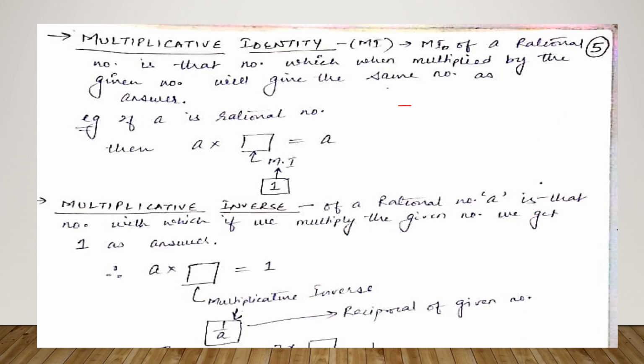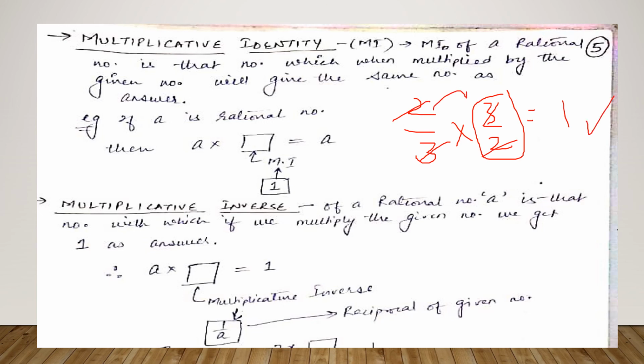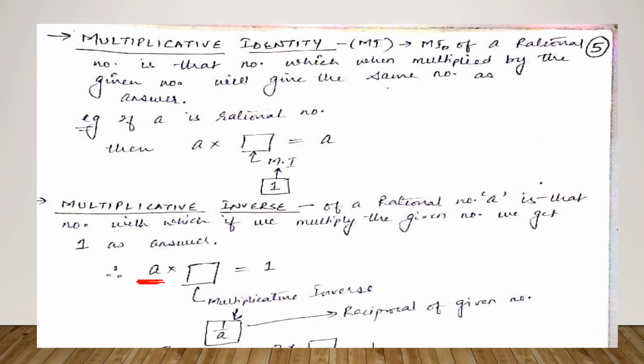Similarly, if I ask you what is the multiplicative inverse of 5, you will say it is 1 upon 5. If I ask the multiplicative inverse of 1 upon 3, you will say it is 3. If I ask the multiplicative inverse of 2 upon 3, you will say, sir, it will be 3 upon 2. Why 3 upon 2? Because 3 ones are 3, 2 ones are 2, and we have got the answer as 1. So simple, you have to take the reciprocal of the number, and that reciprocal will be known as the multiplicative inverse of that number. So here I have written a. So if a number is a, suppose a variable, its multiplicative inverse will be 1 upon a. Okay.